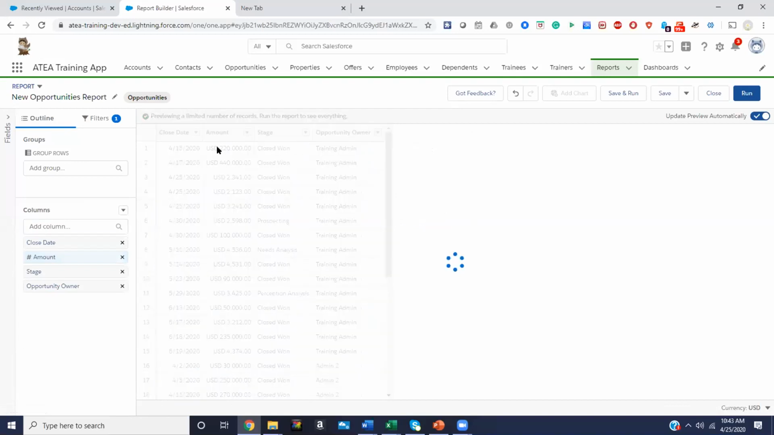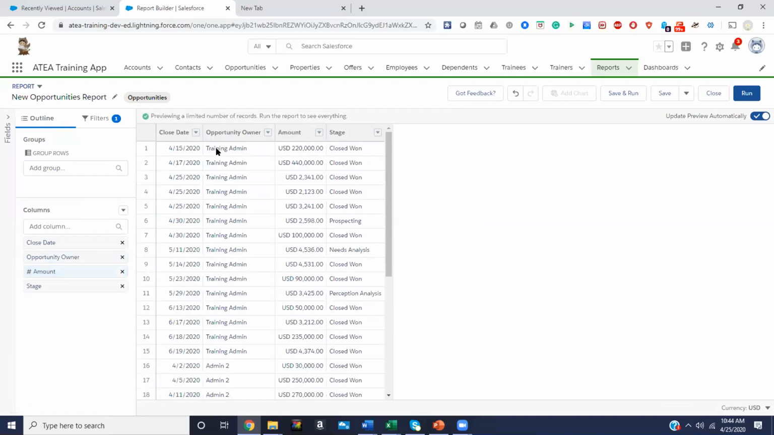So there are 2 ways that you can group the column. One is you can just group by this field, and the other thing is, tell